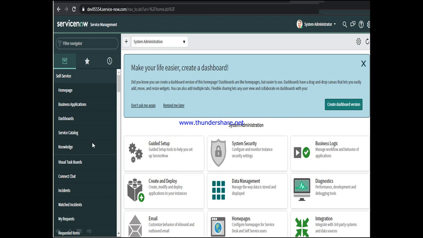In this application navigator, you can find the required application. One thumb rule I want to put here is that ServiceNow totally works on the role basis. So if you have the required role, only then can you see the required applications and modules in this application navigator. Like, I log in as an administrator, so I can see everything. But if you log in as an ITIL user, or you don't have access to other applications or modules, they will not appear on your screen.